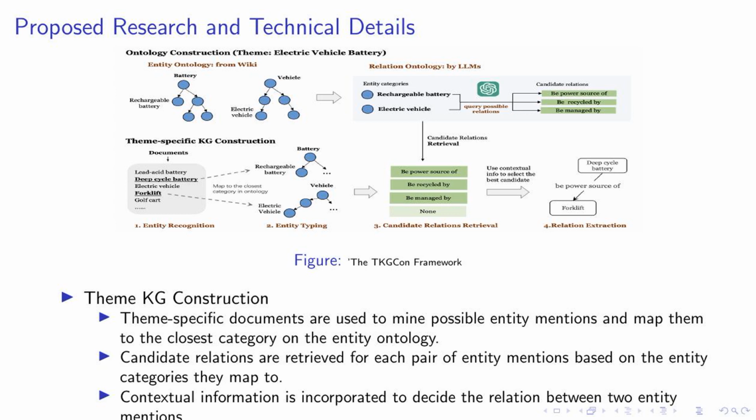These relations are based on the entity categories that the mentions map to. Finally, we incorporate contextual information to decide the relation between two entity mentions. This step is crucial as it allows us to accurately represent the relationship between entities in our knowledge graph. This process, as shown in the figure, forms the backbone of our TKG-CON framework, enabling us to construct detailed and